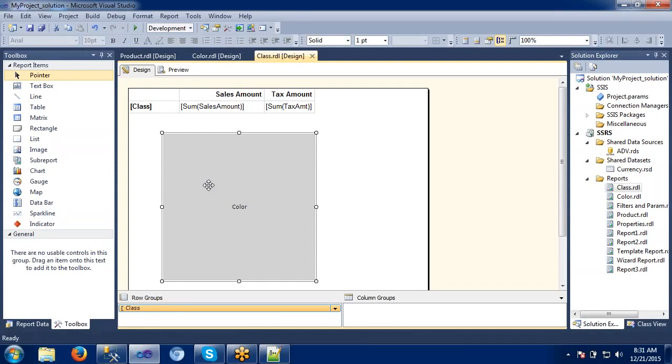Now first we will identify what the differences are between drill down, drill through and sub report. These are very important things. When we are facing an interview, it will definitely be asked what the differences are between drill down, drill through and sub report. I guess we have already worked on this one, right?